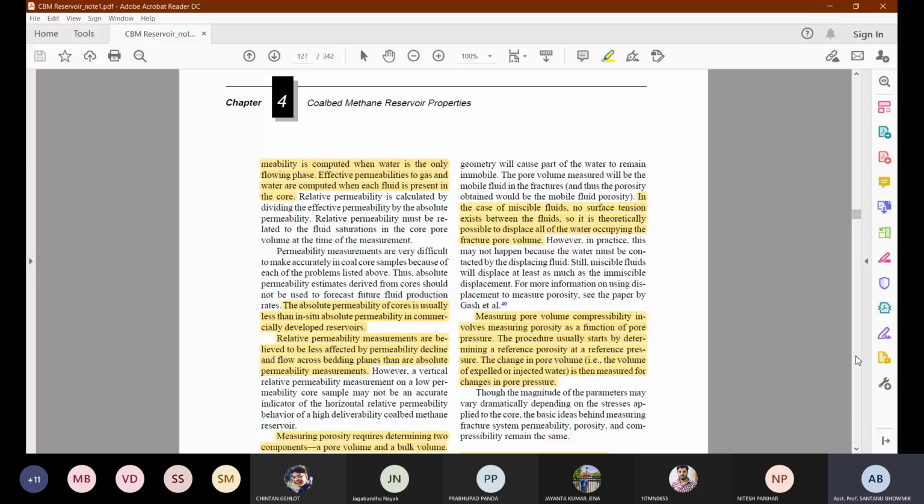Because water is supposed to migrate from one place to another, and as the permeability is pressure dependent, depending on the pore pressure the effective stress principle is again going to change, and the pressure gradient by which the permeability is decided is also going to change. So obviously the permeability for the field case will be somewhat higher than whatever you measure in the core. So core absolute permeability is somewhat less than the field permeability.